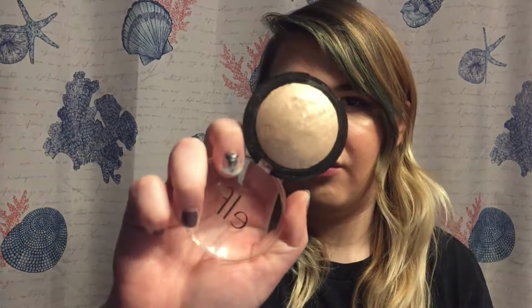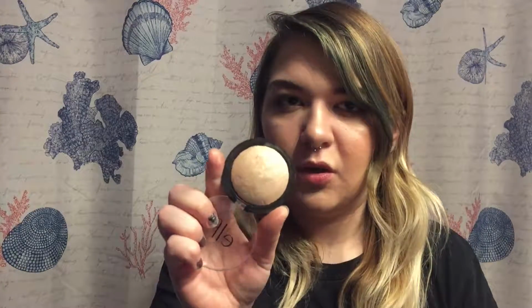But this is the e.l.f. Baked Highlighter, and this is without the top layer scratched. That could also be why it's more subtle, but I have worked through this a little bit, and so the pigment is still coming through, but the highlighter as a whole is not meant to be super, super blinding, I find. And these are $4.99, I believe, and they are just so pretty, and it gives you a very nice metallic, not metallic, but like, it is very shiny and metallic if you build it up, but it's just so